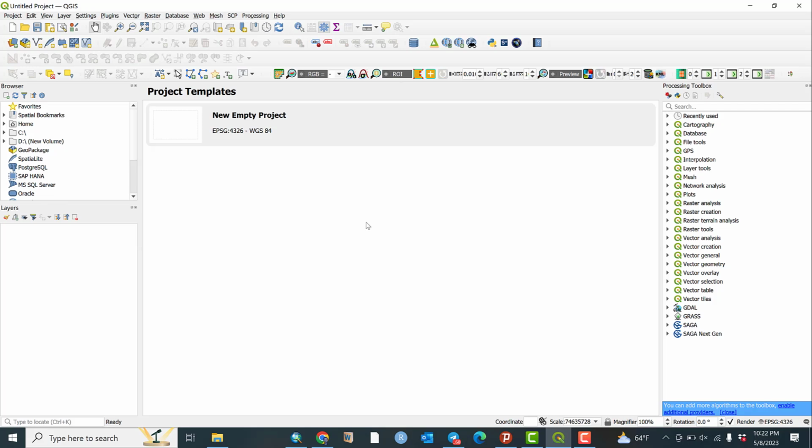Welcome to GIS2. Today we are going to see about plugins. So firstly, open QGIS as usual. Always, if you want to start with a new project, just click new empty project. Then you will get such kinds of interfaces, and we will talk about